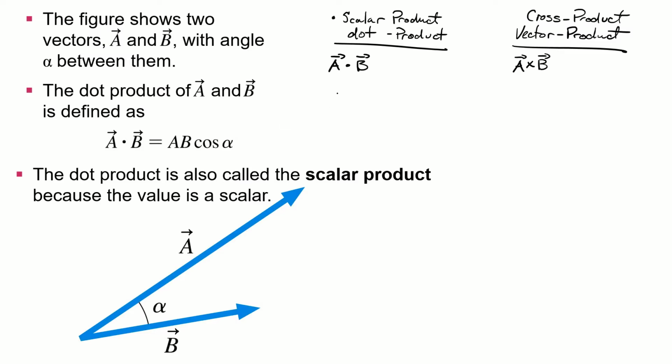Now, the way we calculate a dot product, there's a couple ways. One I like to think of as a geometrical representation. If we take this dot product, we end up with this: the dot product A dotted with B is equal to the magnitude of A, how large that vector is, times the magnitude of the vector B, times cosine of the angle between those two vectors. So if I have this vector A here and this vector B here, and they're off at some angle alpha, I can just plug and chug those numbers.